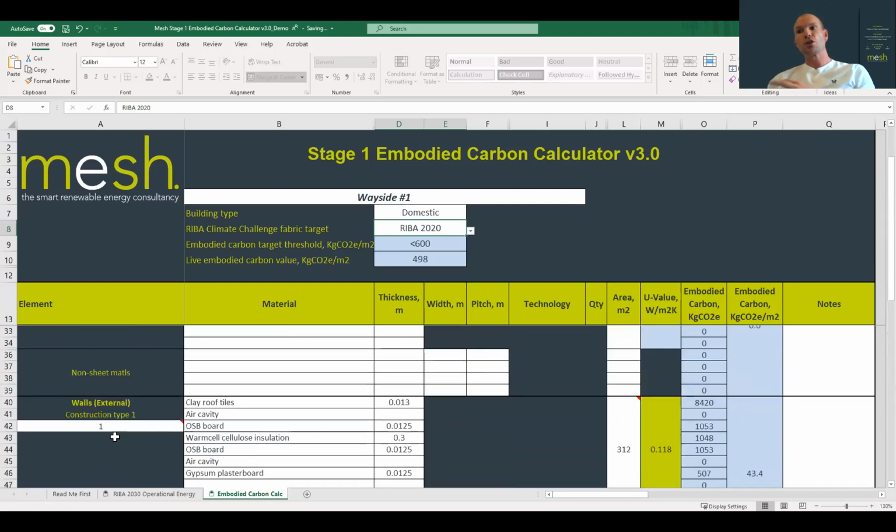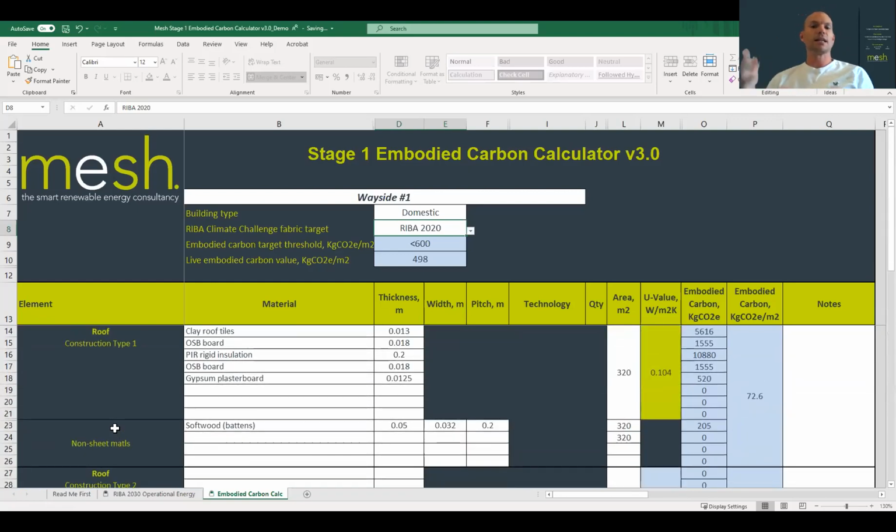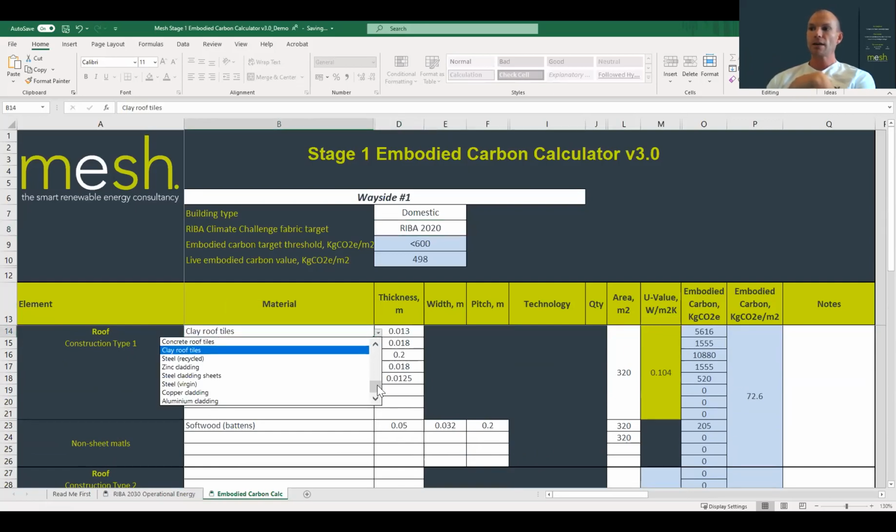So they're the logical external and internal elements of the building, but it catches that subtlety of having different construction methods. And to save time here, I've pre-populated some of this. But again, if you're new to the calculator, if you look in this materials column, you get to pick from about 45 different materials. And they are ordered, the materials at the top of this list are the lowest embodied carbon. And as you go down the list, they get heavier and heavier and heavier as far as embodied carbon